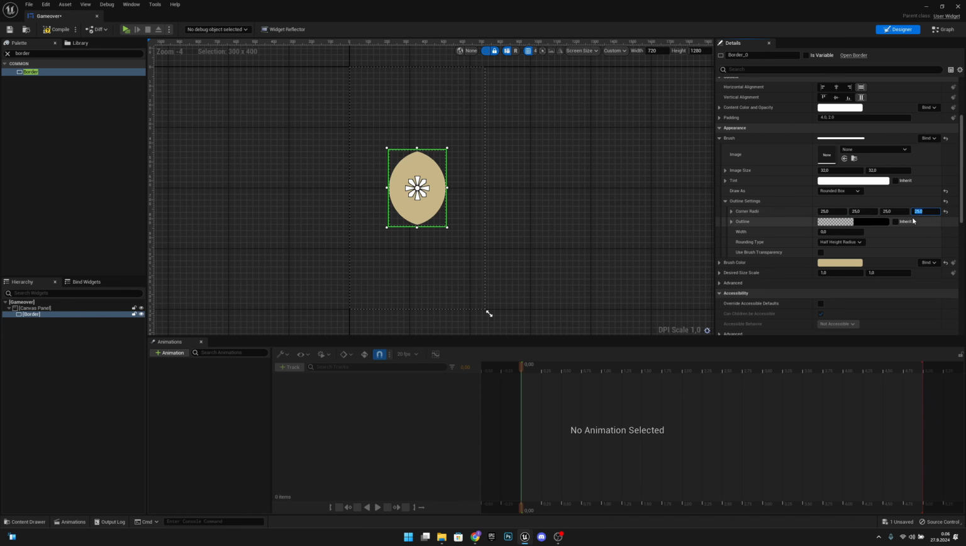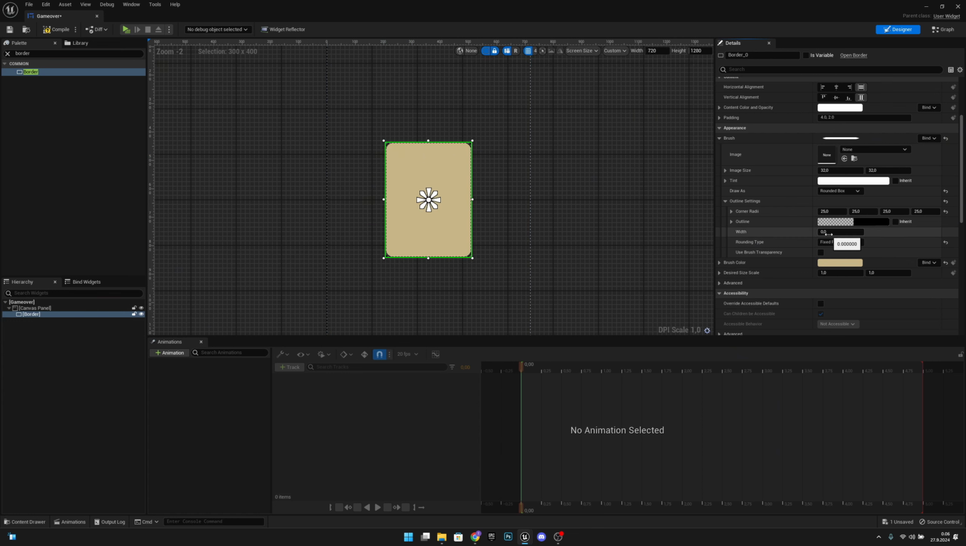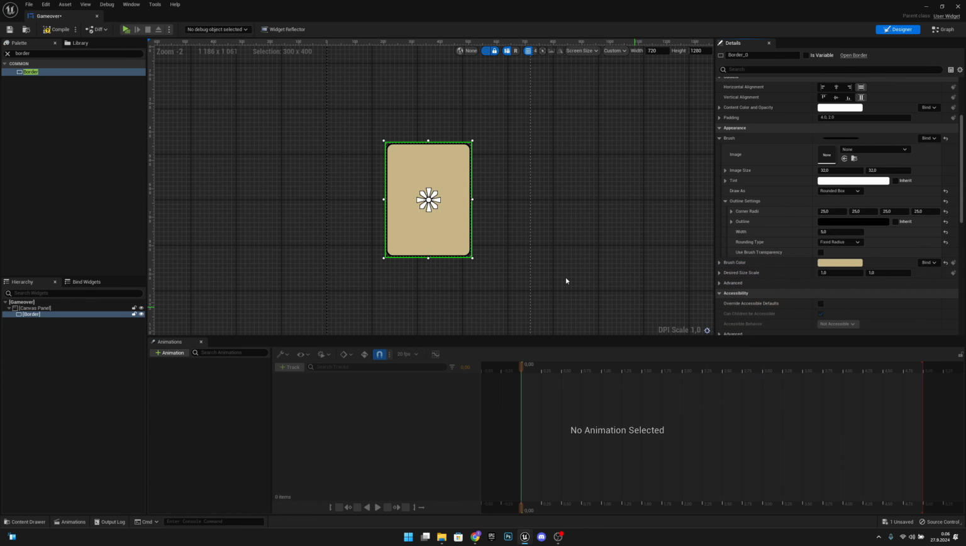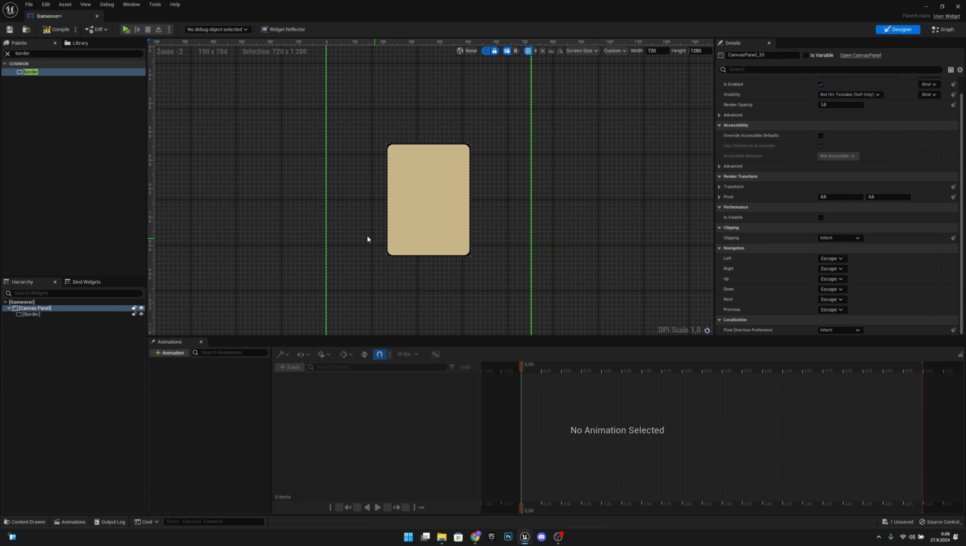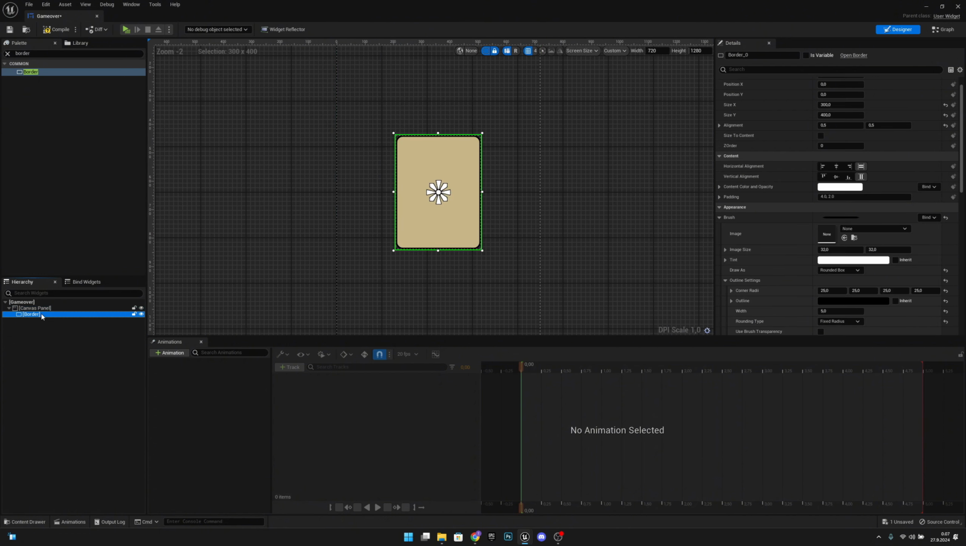Now, from rounding type, let's change the half height radius to fixed radius. Okay? And let's change the outline width to 5. Now let's open this outline and let's make the alpha 1 so we can actually see the corner there. Okay. Now here on the border, what we want to do next is we want to add a